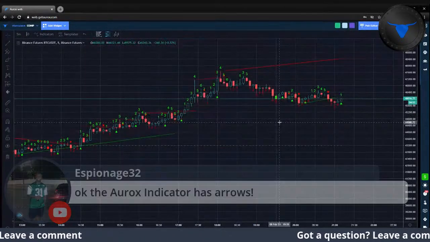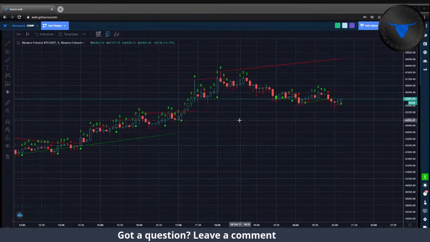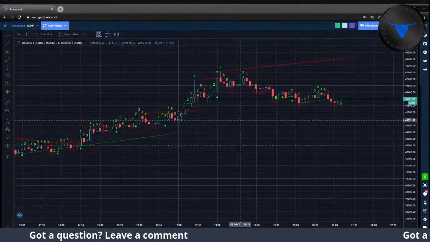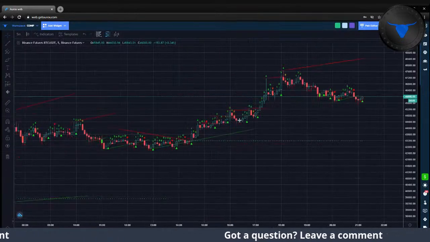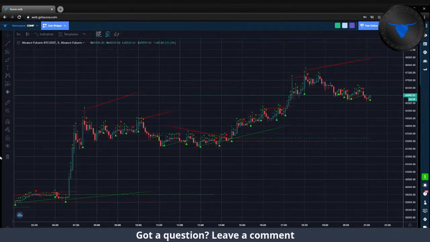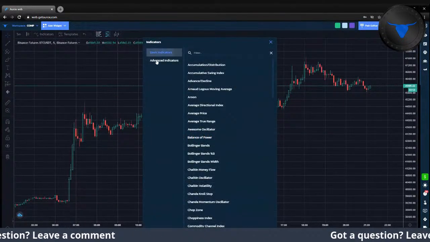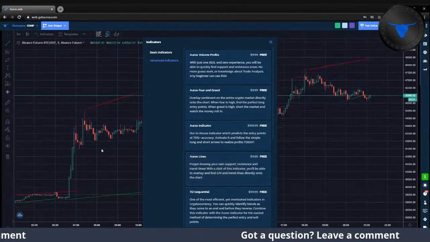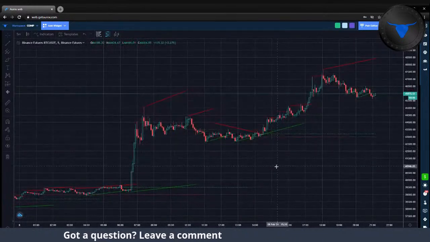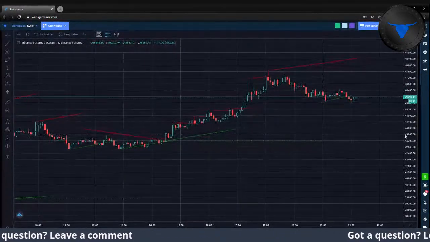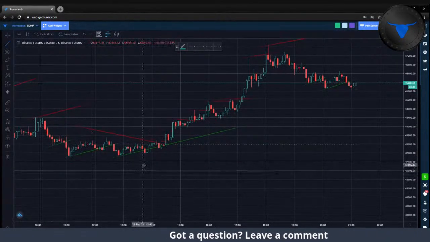Aurox lines. The best way to explain this is in trading, for people who do technicals. Yeah, the Aurox indicator has arrows. Yes, sir. In technicals, a lot of people are drawing lines. Let me remove all indicators again, and I'm just going to put the Aurox lines. People draw a lot of trend lines when they're trading. Aurox lines is drawing those trend lines for you. So if you're not someone who understands how to draw trend lines on your charts, that's what Aurox lines are